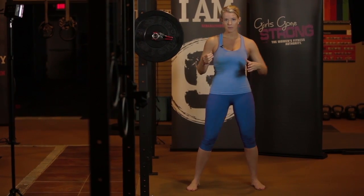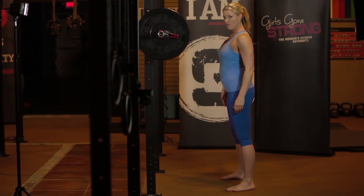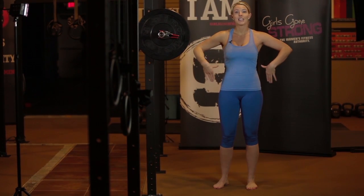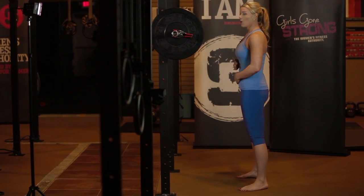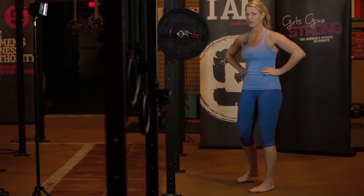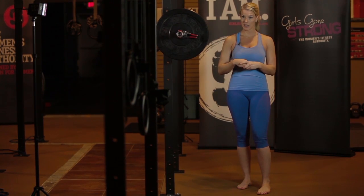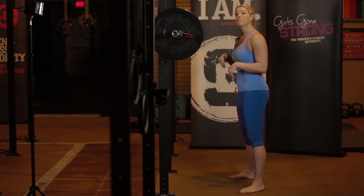So what does that mean? It means when I go to breathe in, I'm not just breathing out in the front, because as you can see what happens, I go into lumbar hyperextension. I wanna make sure I breathe in the back and in the sides and in the front. So I'm gonna take a big deep breath in, blow my air out, get my rib cage in position, and then I'm gonna breathe in circumferentially. So you should see my hands kind of expanding because my front, my sides, and my back are all expanding at once. Once I get in that position, I'm gonna drive my knees out and sit back and down